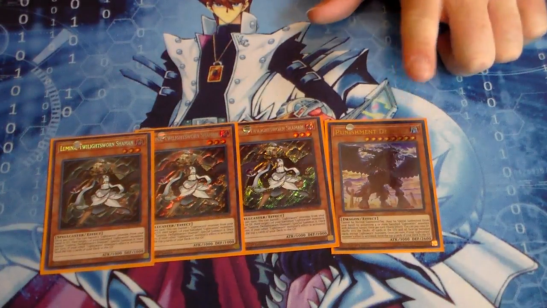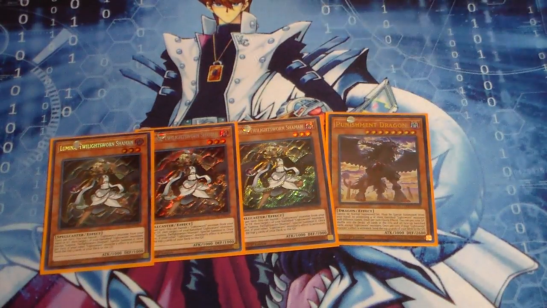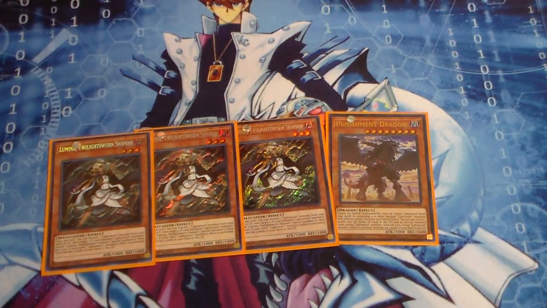And Punishment Dragon as a 1 of is very useful because it can help you recycle your deck. So if you've gone through your deck and you're getting low on resources, then you just go Punishment Dragon, put all your monsters back in your deck, and just continue to mill in a good old-fashioned way. So I like it. But Shaman works good. And the last one we want, the last Twilight Swarm I do run,